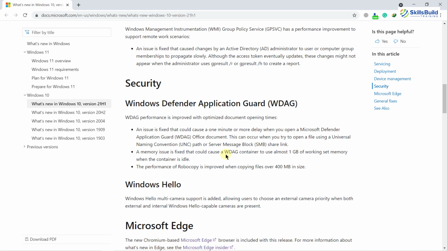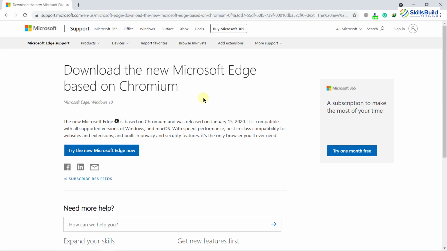Now we have the Chromium based Microsoft browser. In this new Microsoft Edge, which is based on Chromium, we have support for Kiosk mode on Windows. Basically, with the help of Kiosk mode, you can create a dedicated and locked down user experience on fixed purpose devices. Means you can use multiple devices at a time and you can handle them from one place. You can download this as well in case you do not get this in your update. This is the official page of Microsoft, and from here you can download the Microsoft Edge based on Chromium.